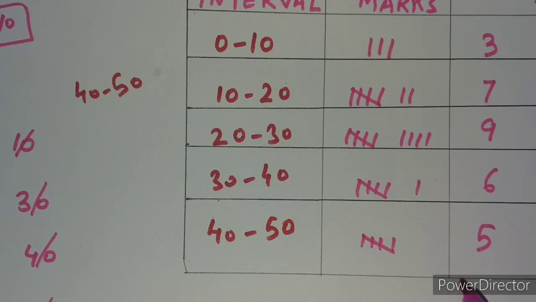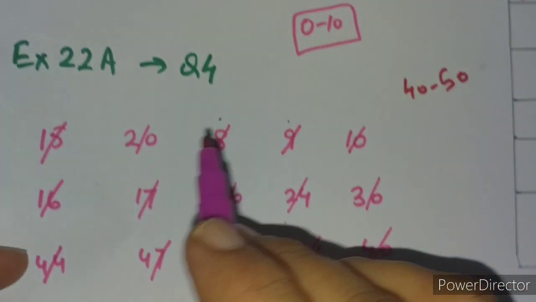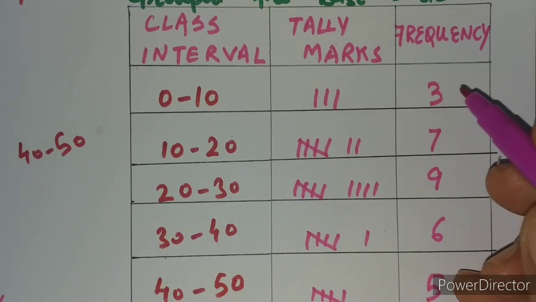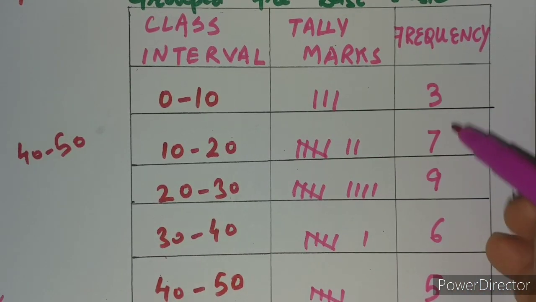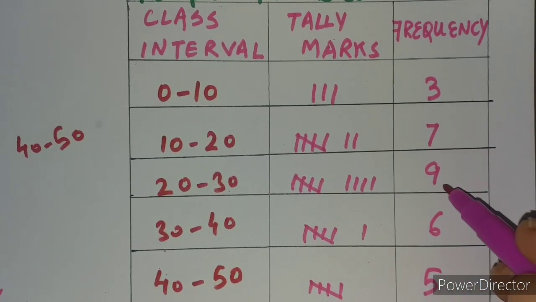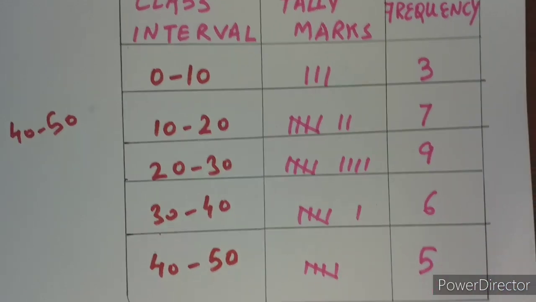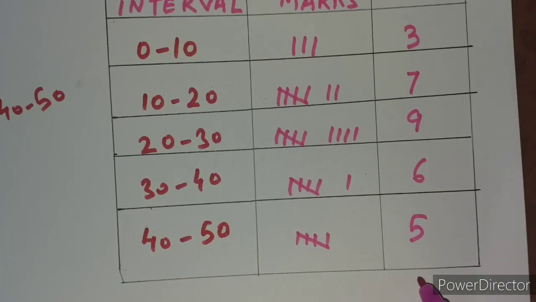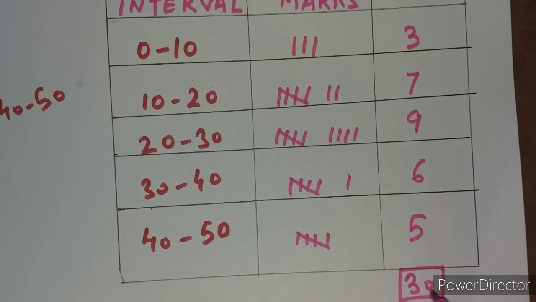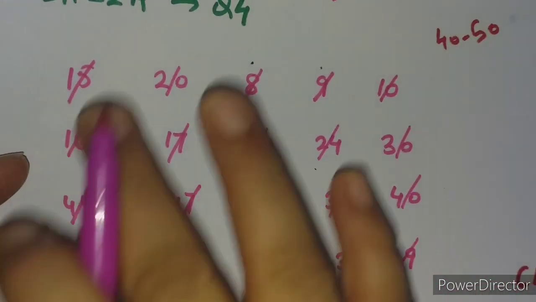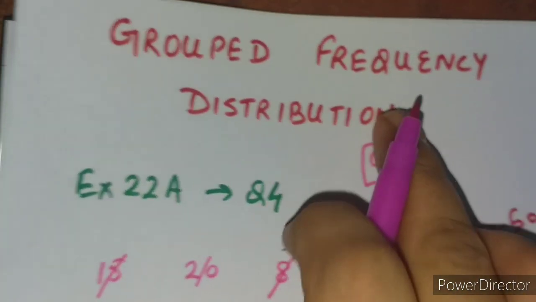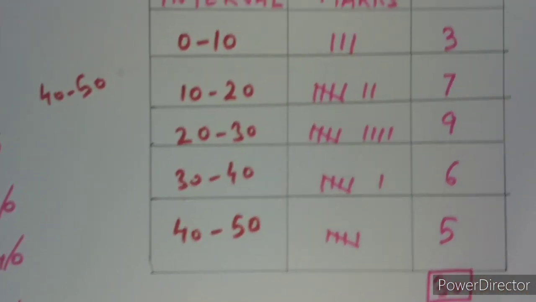And students, one more thing with which you can confirm that you have not missed any of the values given in the question or the raw data is that we will simply keep on adding the frequency total. So 3 plus 7 will give you 10, 10 plus 9 is 19, 19 plus 6 is 25, and 25 plus 5 will be 30. So you can even write here that the total of this is 30. And this should be 30 only because you were provided with 30 readings only in the whole of the raw data whose frequency distribution table you were asked to create.